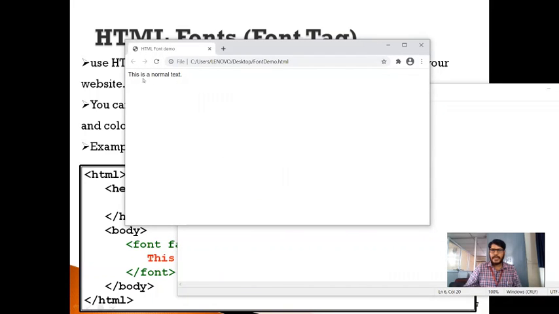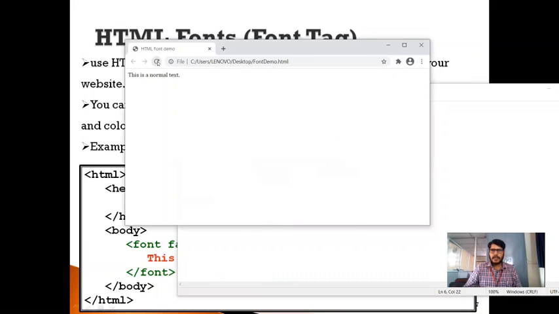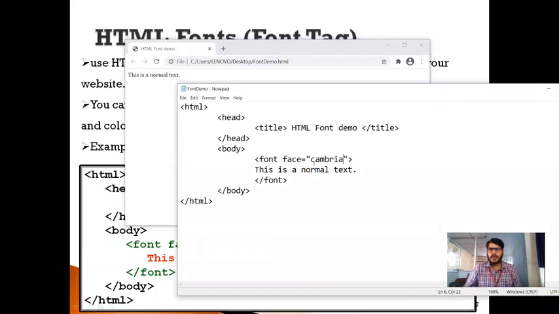So now this is Arial font style. Similarly, I can specify Cambria. Okay, so now let me save this, go to document, reload. So this is Cambria style. Likewise, we can specify different styles here.